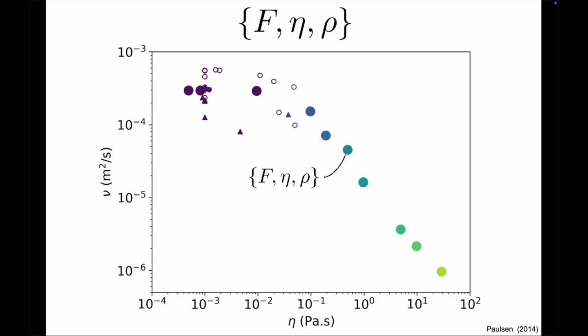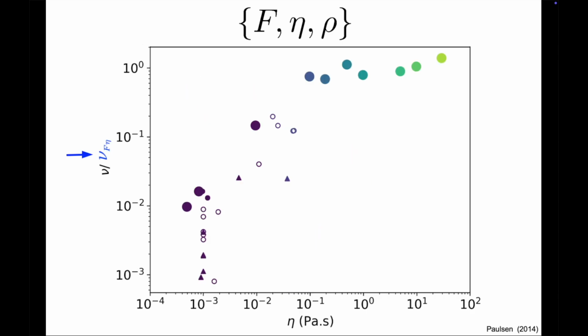For any data point, we have a value for the force, the density, and the viscosity. And we know that from this trio we can produce 3 units of diffusivity. These 3 units are equally valid. Let's try them one by one. First, the unit based on force and viscosity. Unsurprisingly, with this choice of units, Paulson's experiments in viscous outer fluids do not fall far from one. The other data points remain pretty scattered.